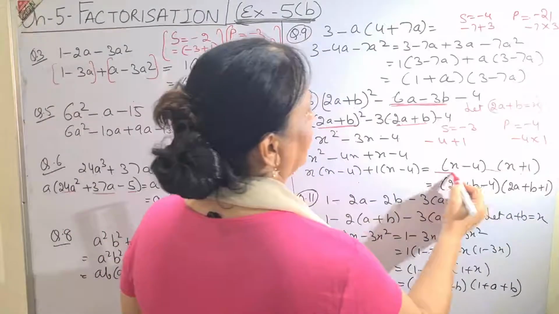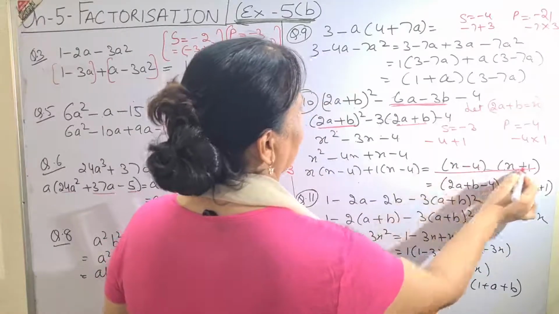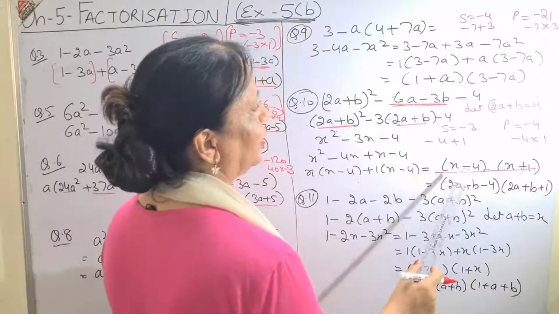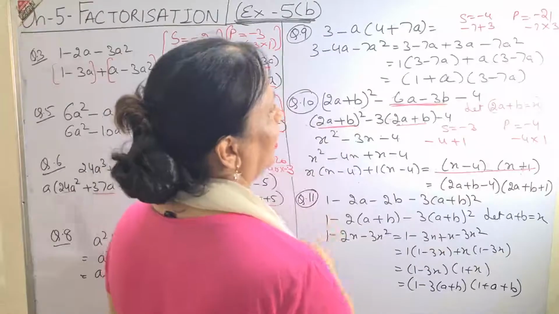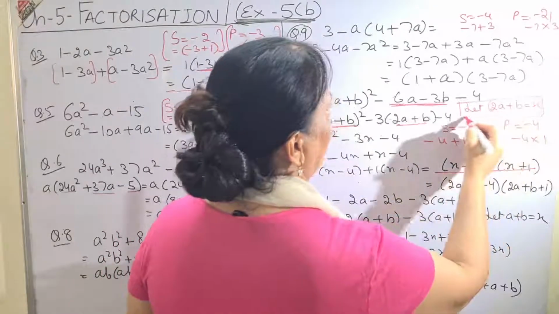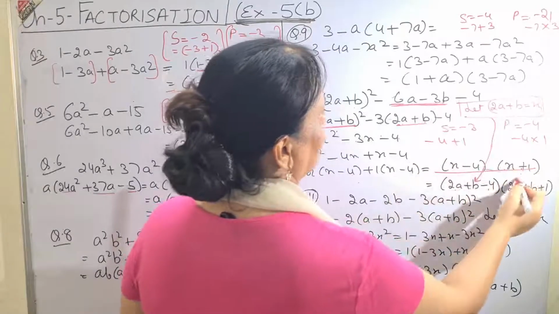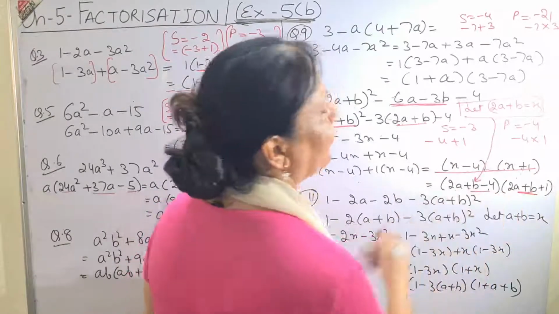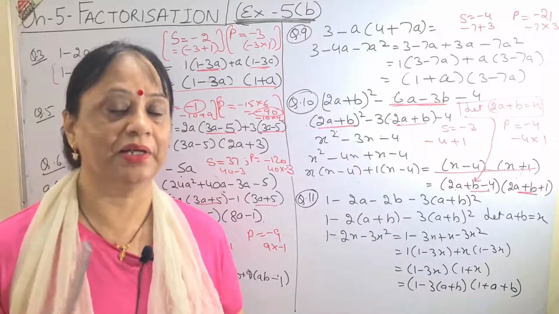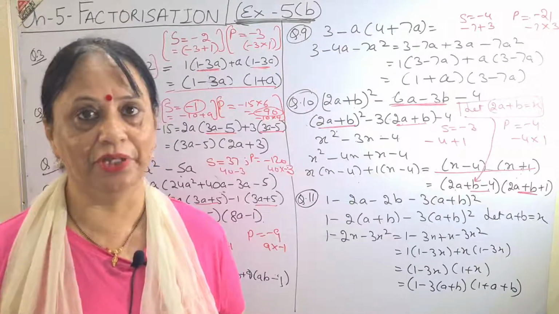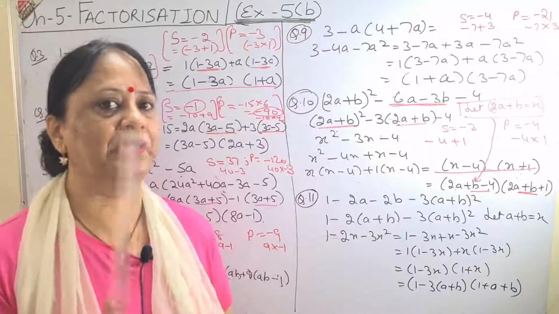Till here, as you have done before, you come back here at x minus 4, x plus 1. But this is not the answer because I have not been given any term in x. That means I have to re-substitute the value back. This value of x, I will put it back and I will get 2a plus b minus 4 and 2a plus b plus 1. Please be careful. If you forget to put the value back, children, your 1 mark will be deducted and you will feel very sorry because you knew it and have not done it. So be very careful. Put full concentration on the sums when you do it.